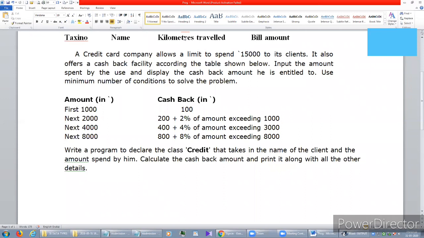Other details means the name of the customer, the amount spent, and the cashback amount he or she will get. So this is the question, and how to solve it, please check.